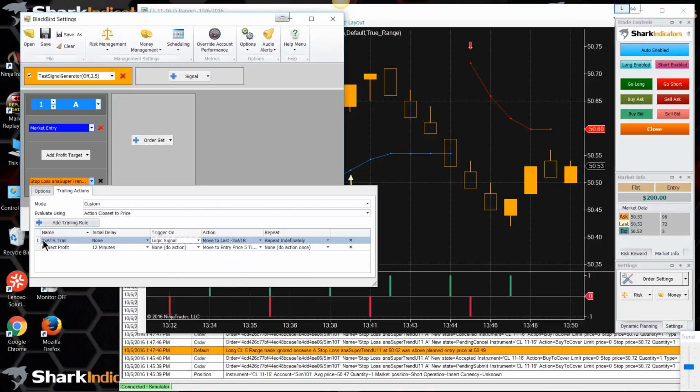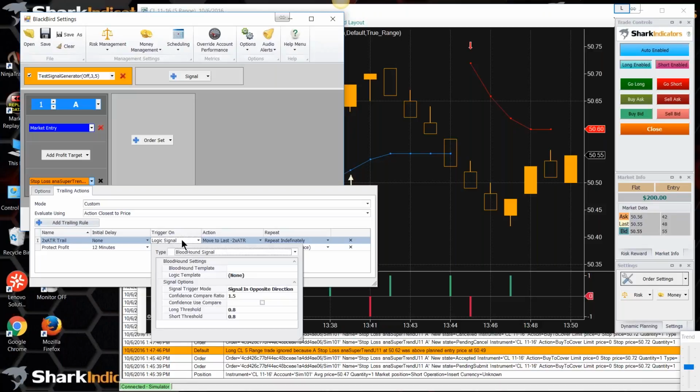So basically, this trailing rule would trigger whenever there's a bloodhound signal. That's when this trailing rule would get activated. It would trigger on a bloodhound signal,